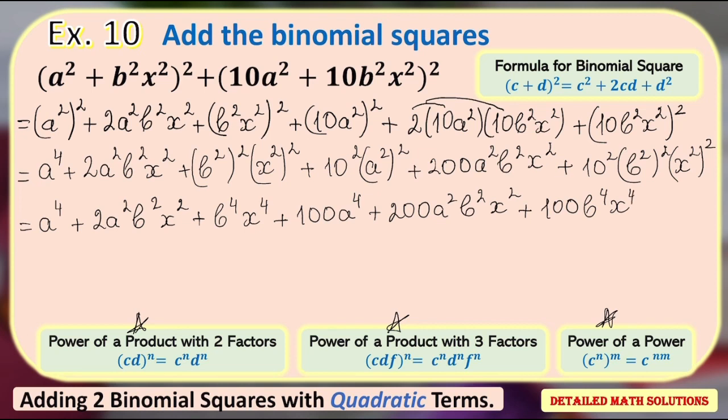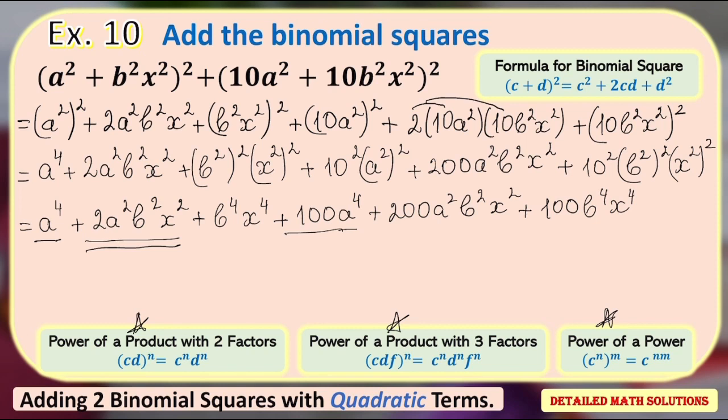As a last step, I need to add all like terms. Like or similar terms are terms that have the same literal parts. So I can add a to the 4th power with 100a to the 4th power. I can also add 2a²b²x²